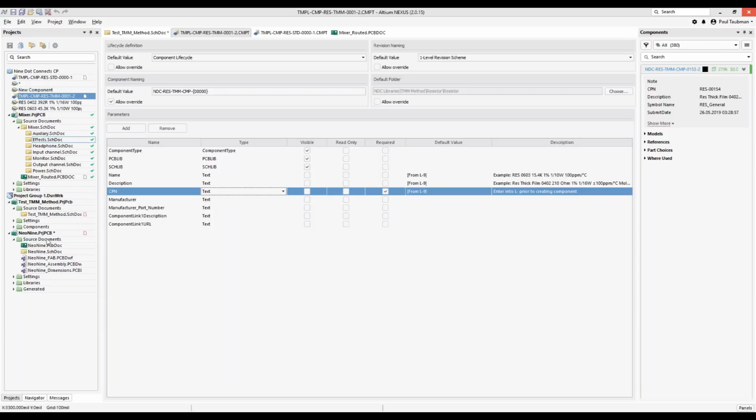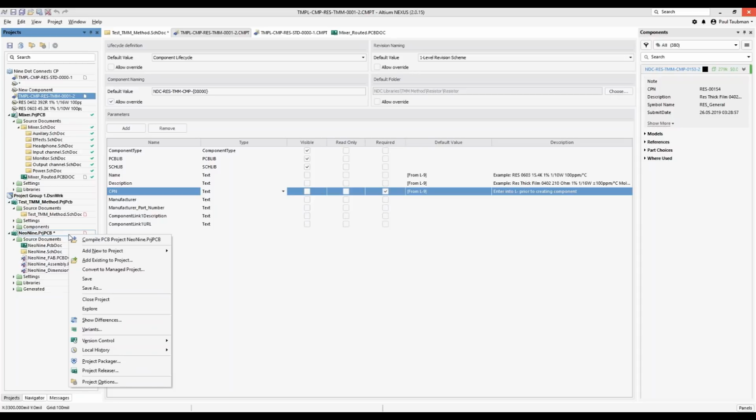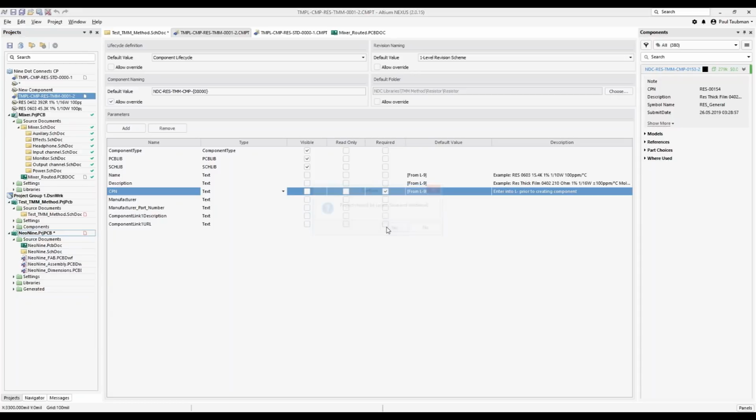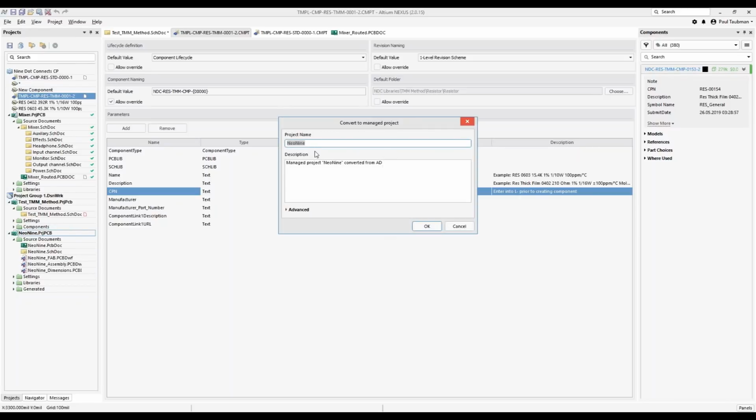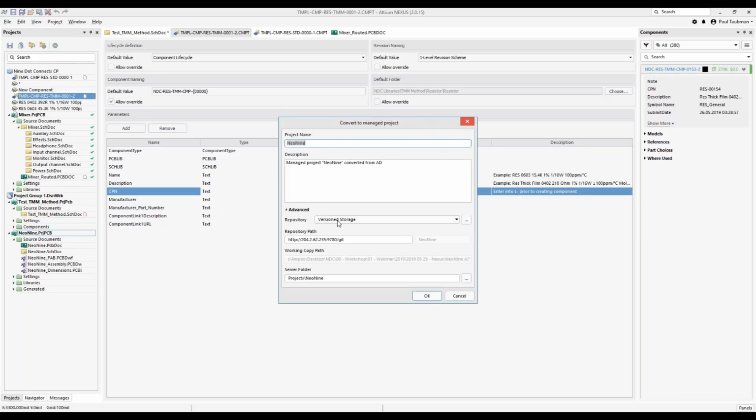If I have a project like this one over here and I want to manage it because it's not been put into Git, it's really simply a matter of right clicking and saying convert to managed project. At that point, the project will be saved, it'll say yes and continue. It's going to ask me for a name here. It's going to ask me where I want to store it, where I'm going to put it in the revision